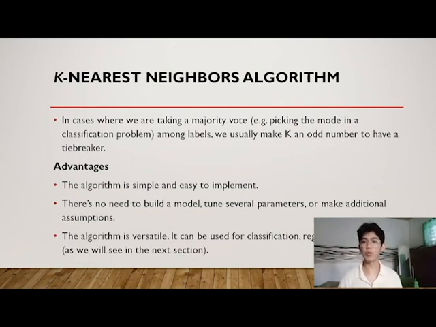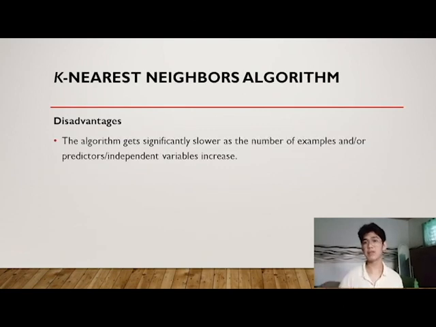So what are the advantages of KNN? The algorithm is simple and easy to implement. There is no need to build a model, tune several parameters, or make assumptions. The algorithm is versatile and it can be used for classification, regression, and search. And the disadvantage of k-nearest neighbor is that the algorithm gets significantly slower as the number of examples and/or predictions